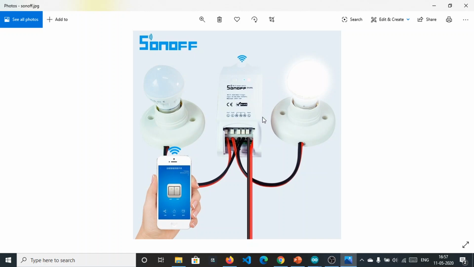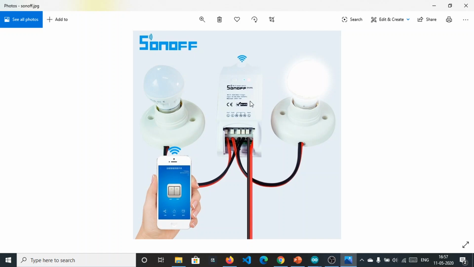So it's quite a useful one, and if you want to control these devices not only from the application, but also from your voice command from anywhere in the world, you can use Synric Pro but you need to flash the ESP8266 with a new code.